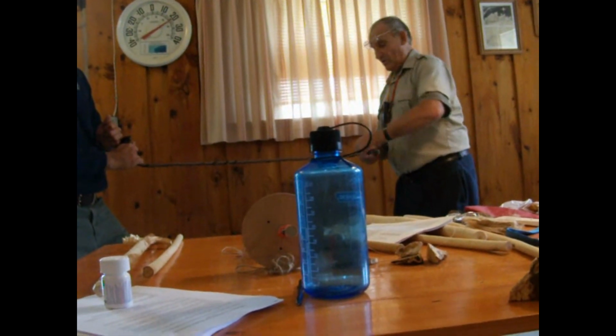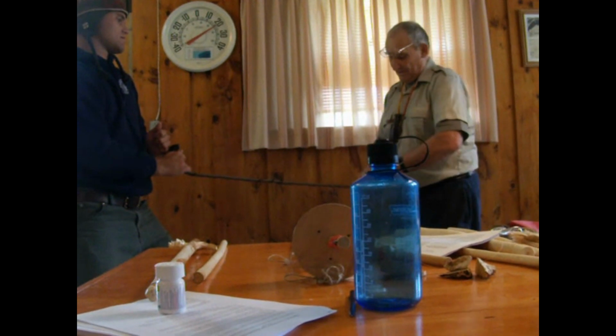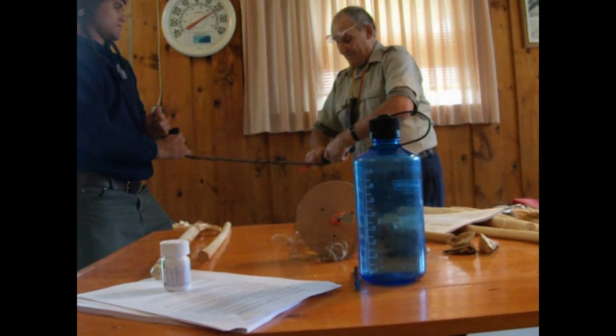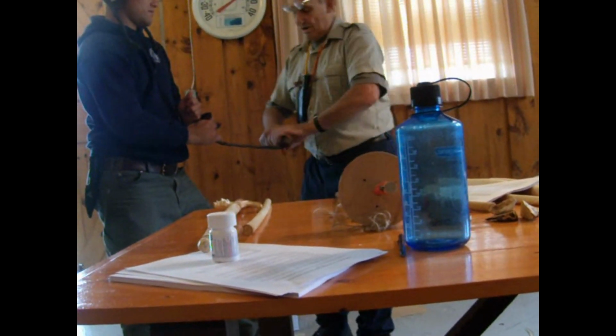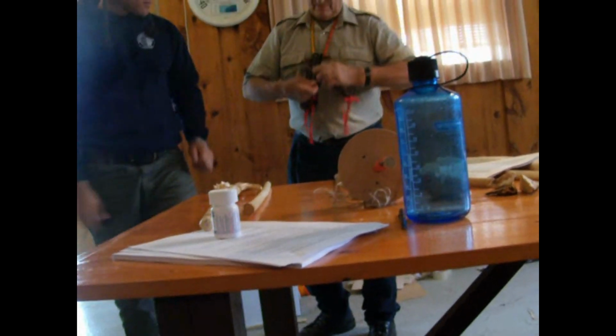And then here I roll it, wrap it up. And if it's done properly, this is very hard. So no matter what it is, it can be put away, and it takes up the least amount of room on account that it's wound so hard and firm. And this is almost